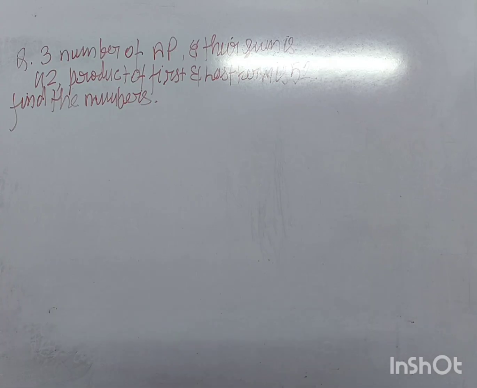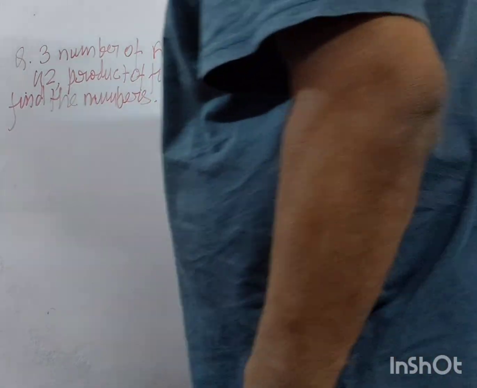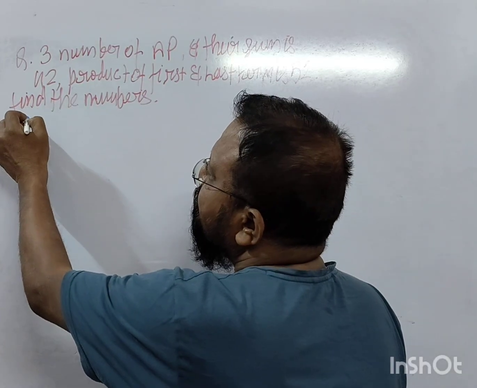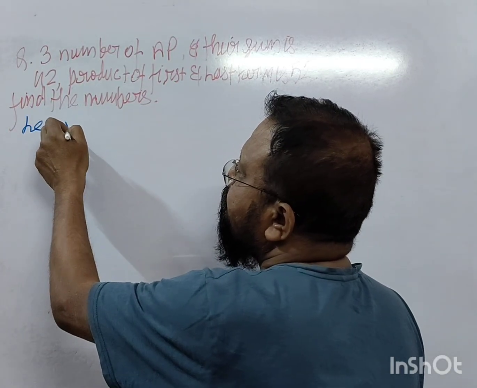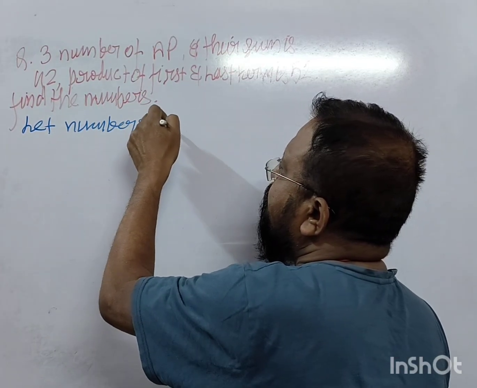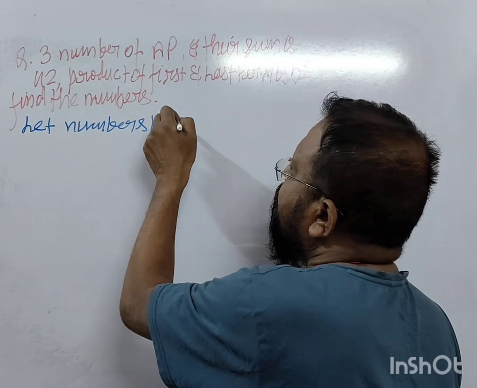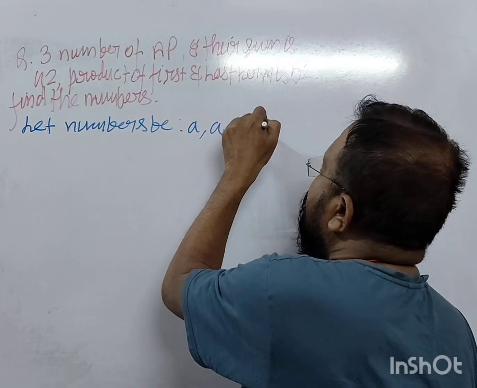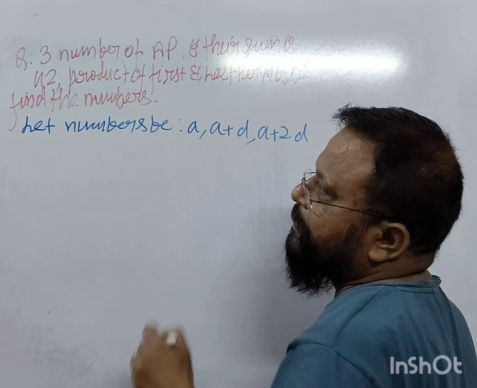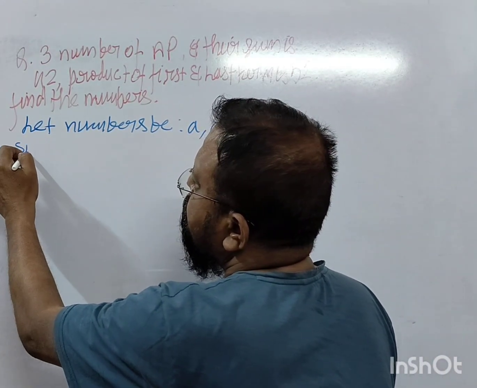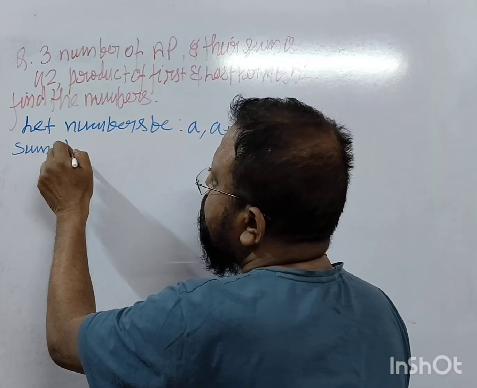Let the three numbers be a plus d, a minus d, a. Look here. Let the numbers be a, a plus d, a plus 2d, right? And the sum of the numbers